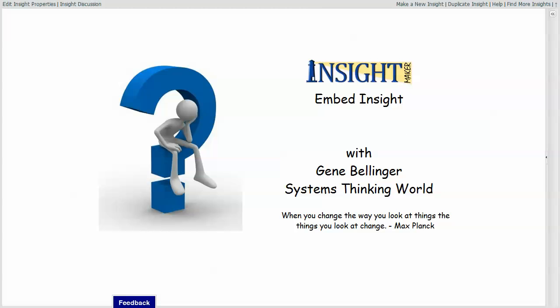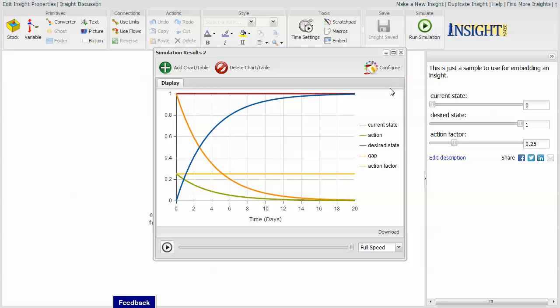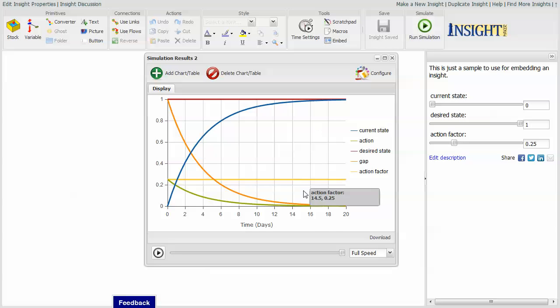Other people can actually interact with it and run it, if it is in fact a simulation. So what I've done is I've taken this model that I developed for the balancing loop systems archetype and I cloned it just to have something unique to work with for this particular video. And if I run this, it produces the standard balancing loop